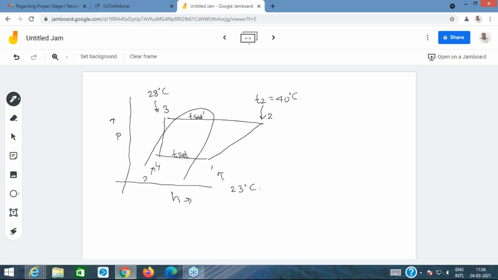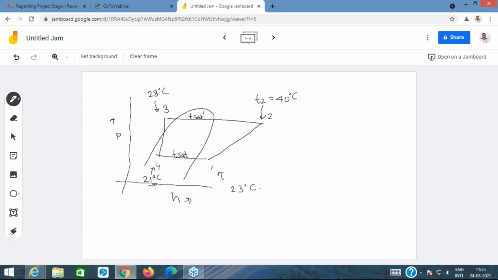So note that when you are having such values, you won't be getting the actual cycle as an ideal cycle. It would be an actual cycle, meaning there won't be an isentropic process. The pressure won't remain constant in the condenser and evaporator, right? And there won't be a saturation point. The starting point would not be a saturation point. So you would have some suction superheating, you would have some subcooling, and you would have such a cycle.